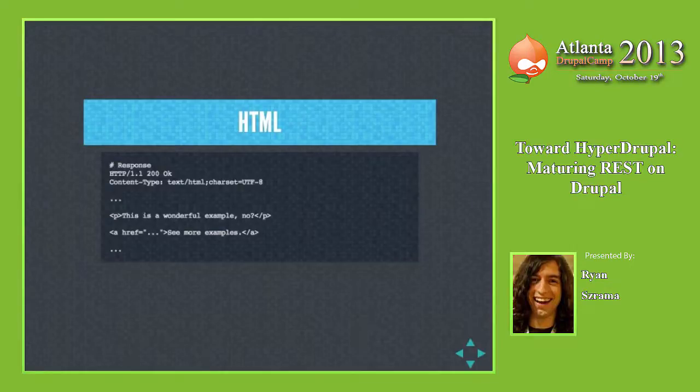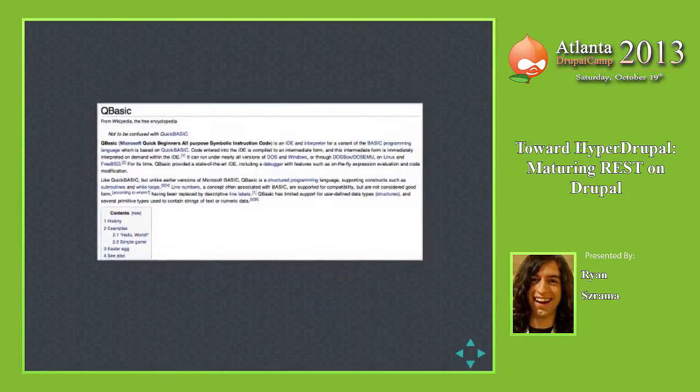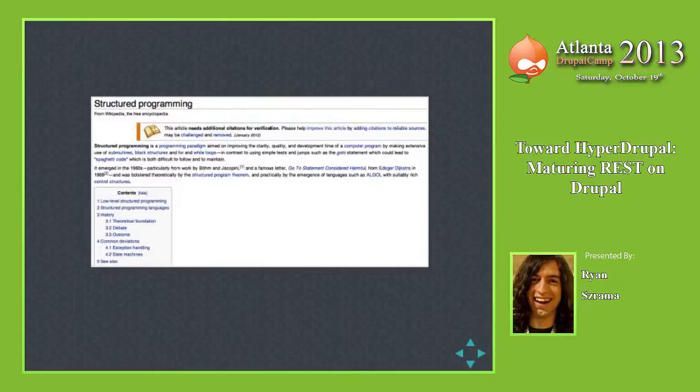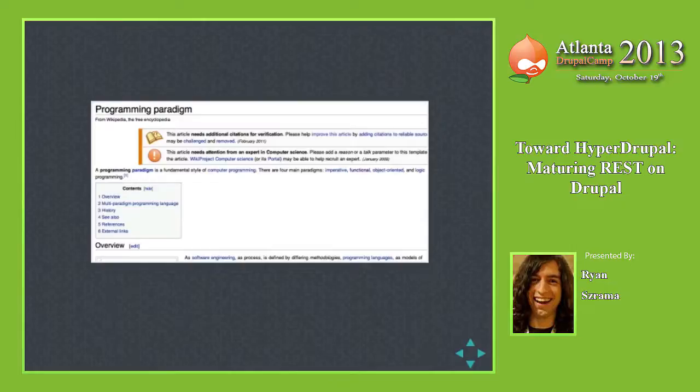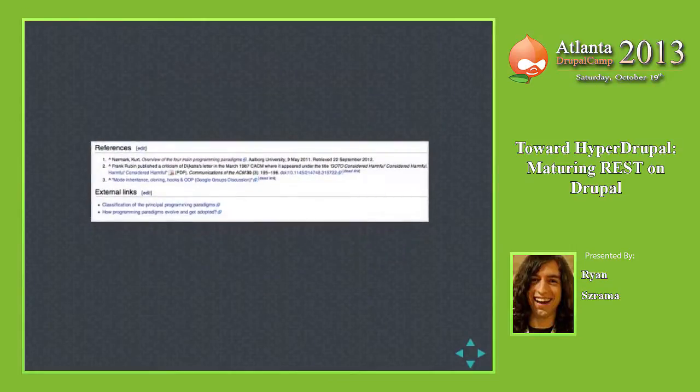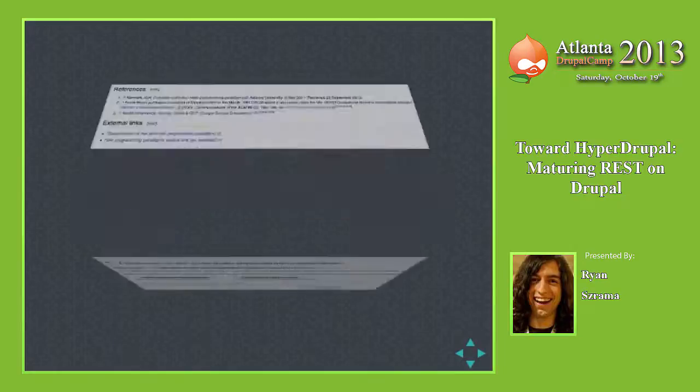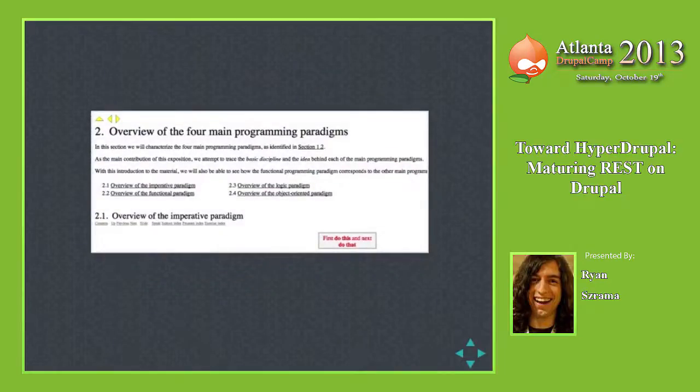I am driving this web application as a human, thanks to this common language that my web browser understands that the server is emitting. It's all very standard and ubiquitous, so that you can get lost on the internet. You can start out at that QBasic page because I piqued your interest, and then you can find out that it's a structured programming language. So you end up clicking on a link and driving the application to the structured programming page, again to programming paradigms, and finally you end up in the footer of this page and you find an external link. And whenever you click on that, lo and behold, this other website also knows how to interpret HTTP requests and respond with HTML so that you can then continue to navigate from there to anywhere else on the website.